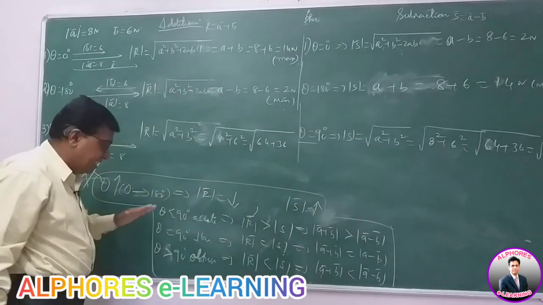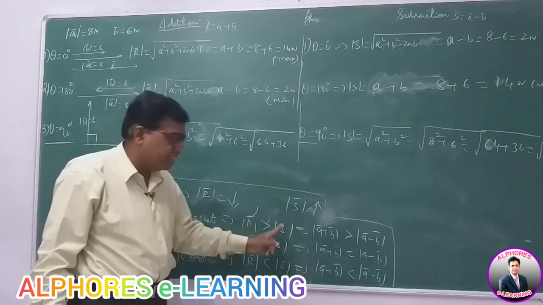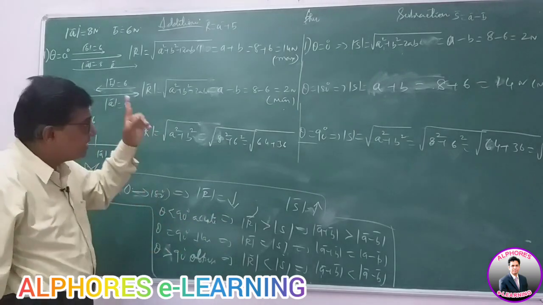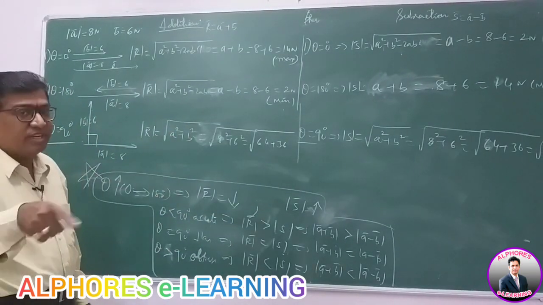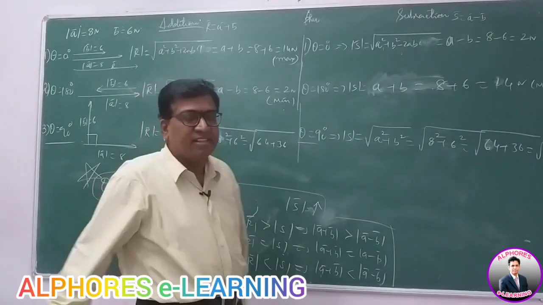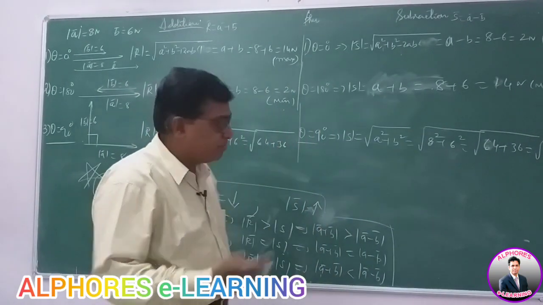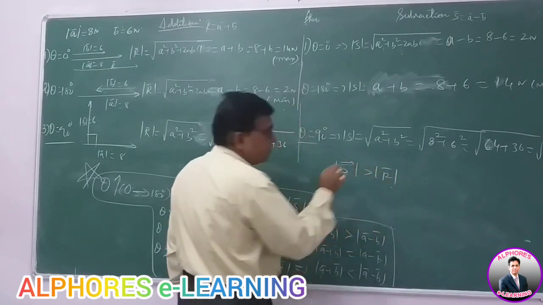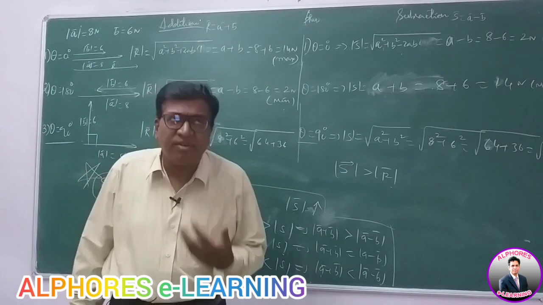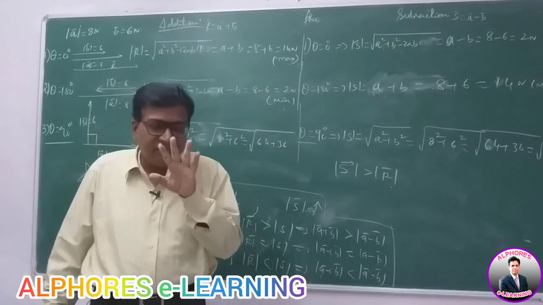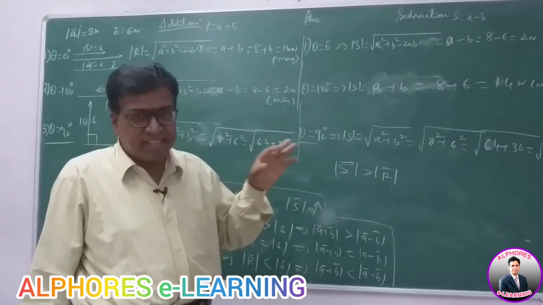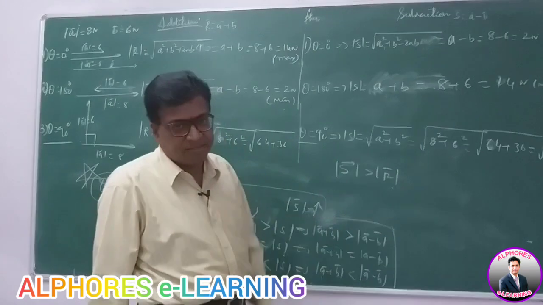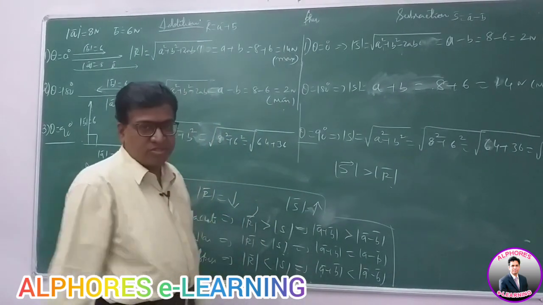For angle less than 90, acute angle, mod R is greater than mod S. But for obtuse angle, mod R is less than mod S. Addition is less, subtraction is more. So don't get confused that addition is always more than subtraction. Subtraction can also be greater than addition. Sometimes we'll ask you, subtraction of two vectors is greater than addition of two vectors, is this possible? You get a doubt, how can subtraction be more than addition? Well, in vectors, it's not mere algebra, it is vector algebra. So even subtraction of the vectors can be greater than addition of the vectors. But the angle should be obtuse.